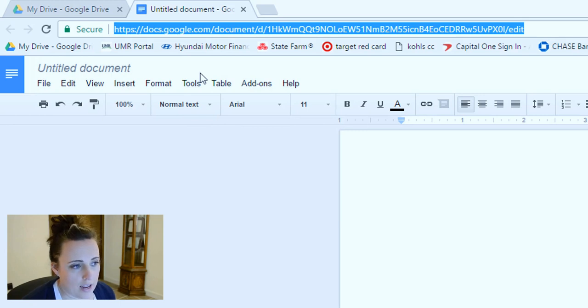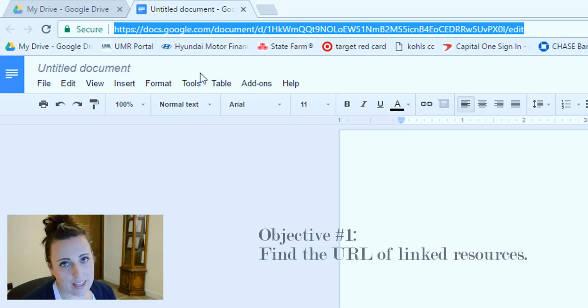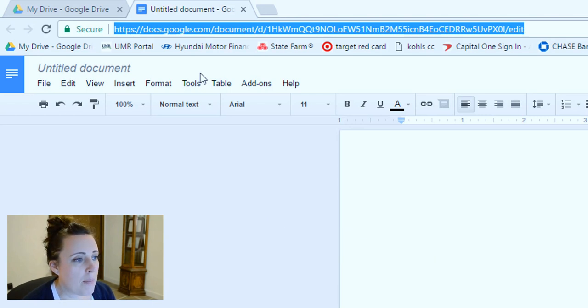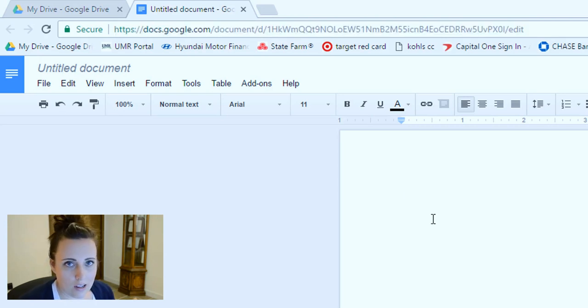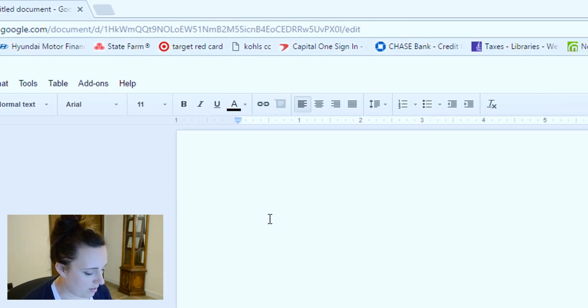So again, that's how you can get the link for the thing that you want to share, whether it's something that you've created or maybe it's a web resource out there. And now we're going to look at how you would get that link out to people. The first thing I want to show you is how to create a link. Let's pretend that this Google document that I'm on right now is actually an email that I want to send to someone. So, dear so-and-so,